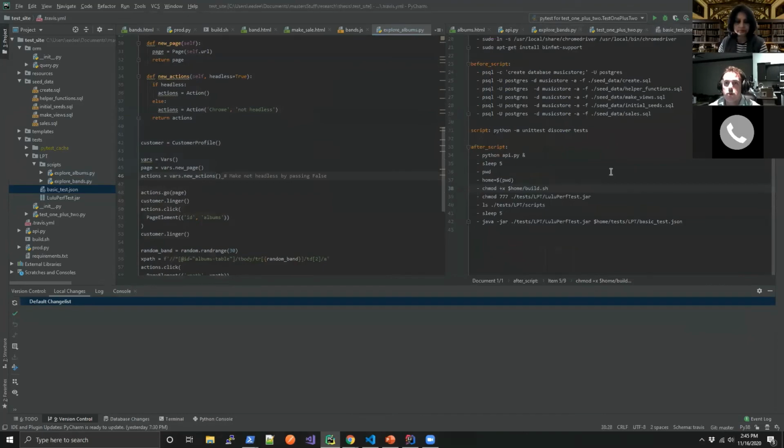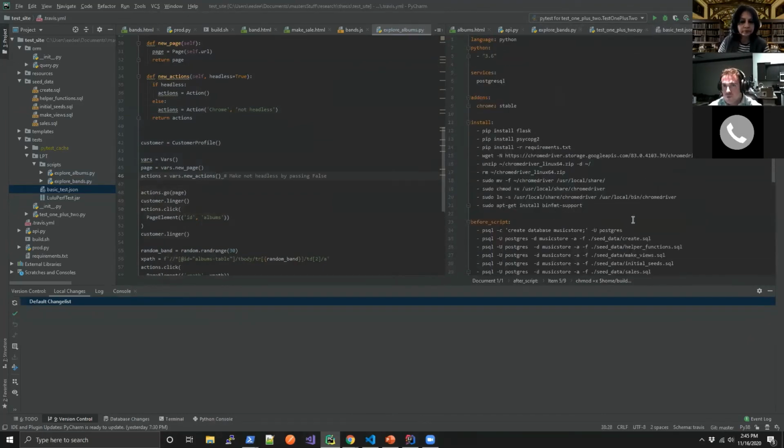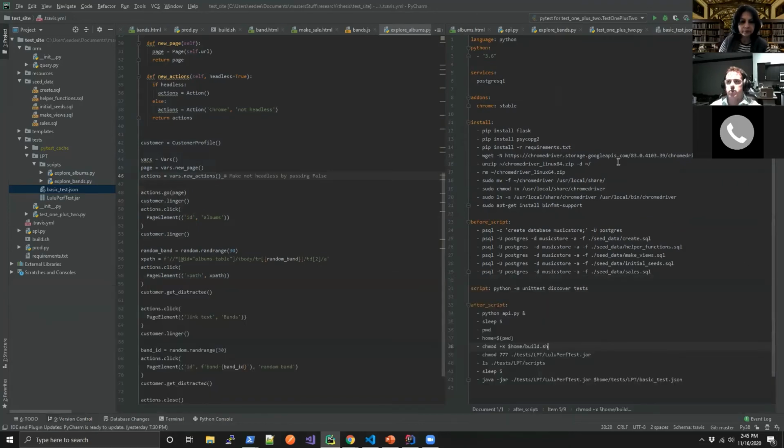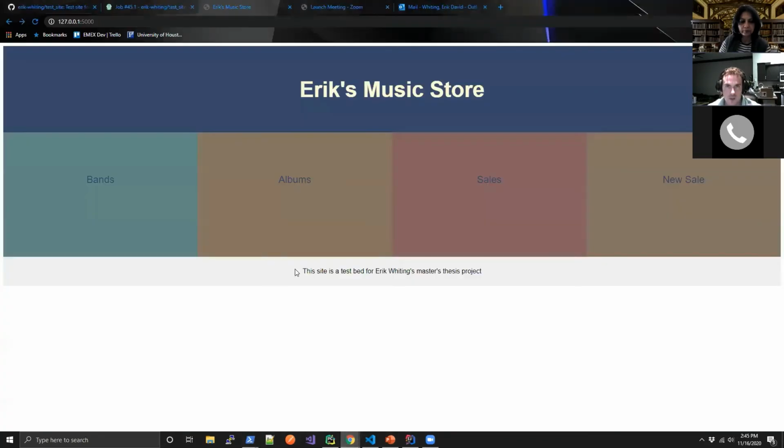Now, in order to apply this into a CI/CD infrastructure, I used Travis CI, and this is a Travis build script right here. These are a bunch of commands that are needed to build this in the Travis CI infrastructure.